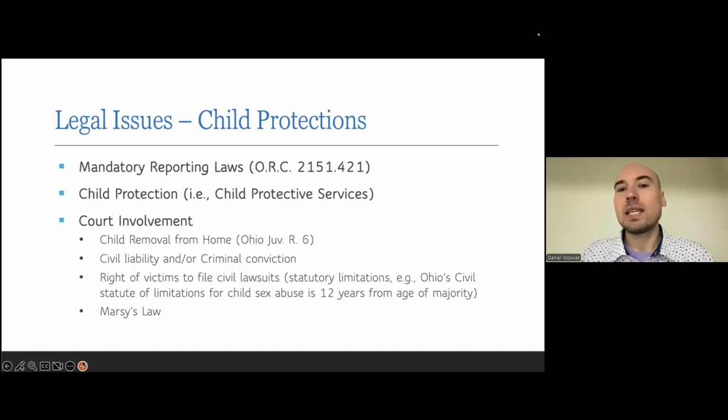And it's really easy to make a referral to your local children's services board or agency. Typically, they'll just have a phone number you could find online. You call, they have a few questions, and at least you're satisfying that duty. So I would always encourage, if there's any suspicion, just make that referral.